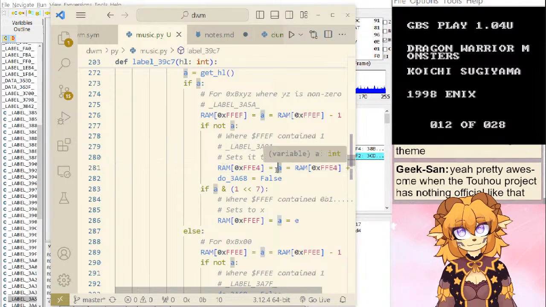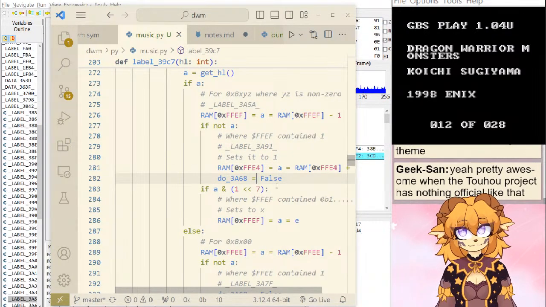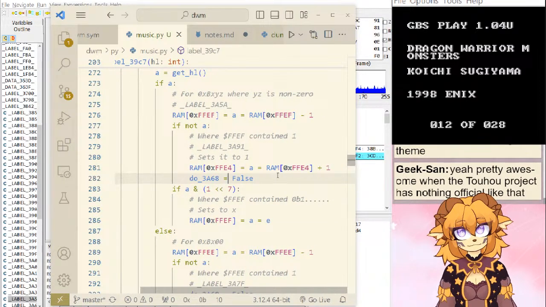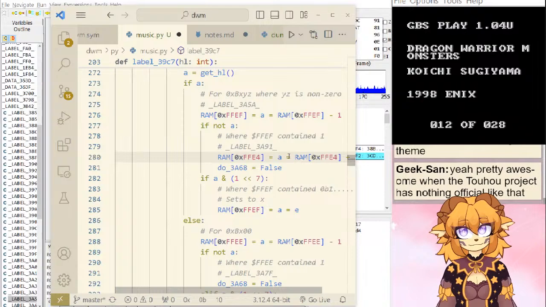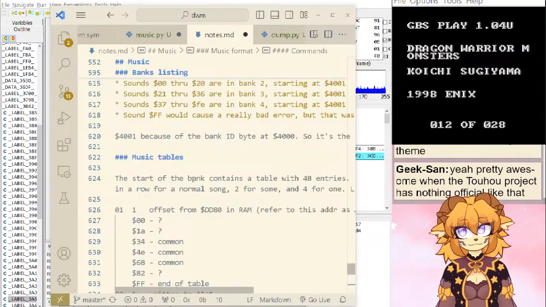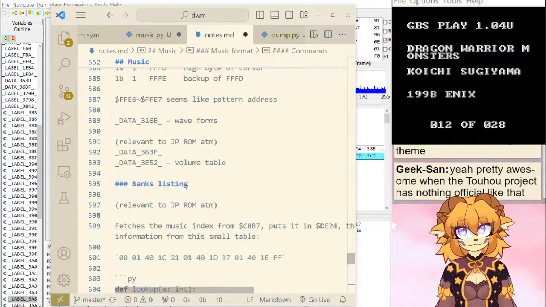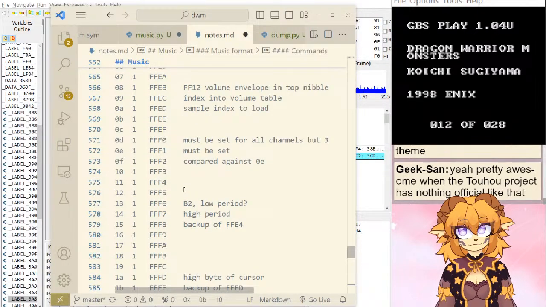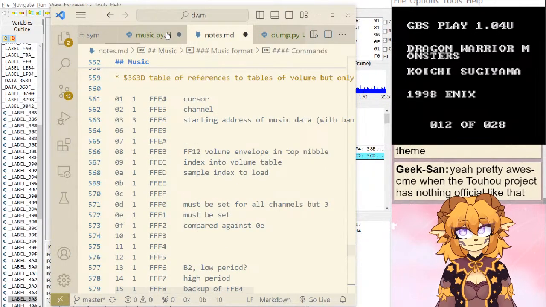Oh, I see. And then it pulls it from here, so it could be either of those. Okay, this doesn't set it to 1 because it's not even FF. It's FFE4. What is E4? Can you figure out E4? Oh, that's the cursor.